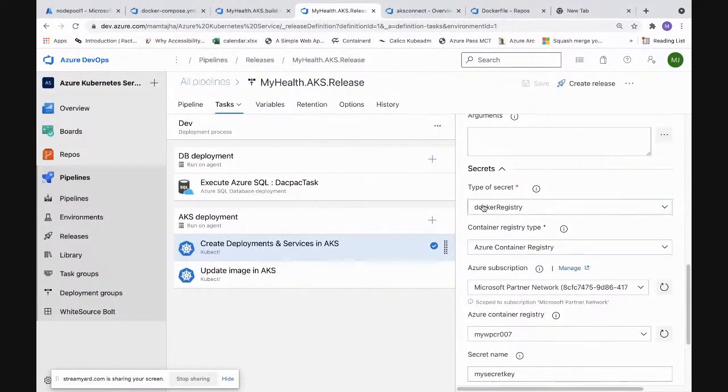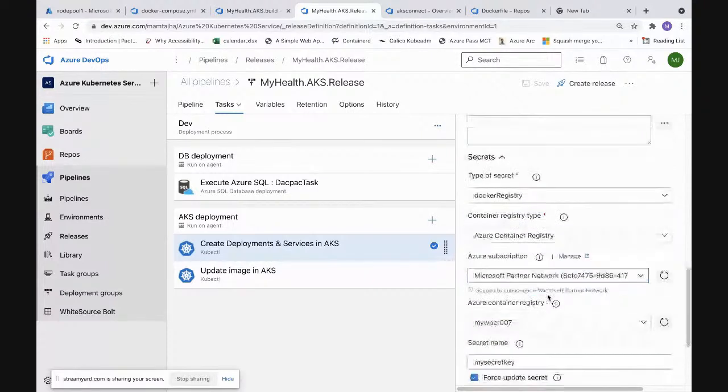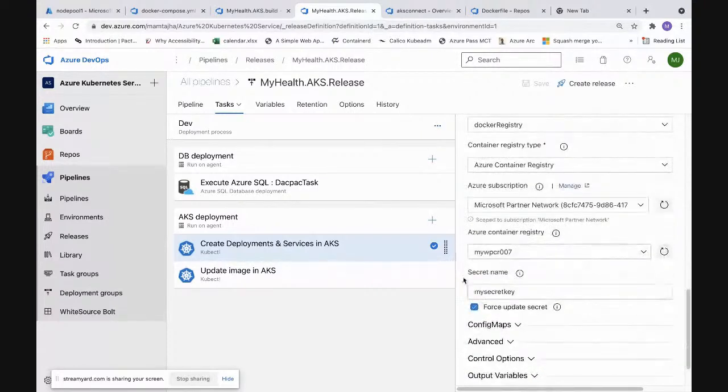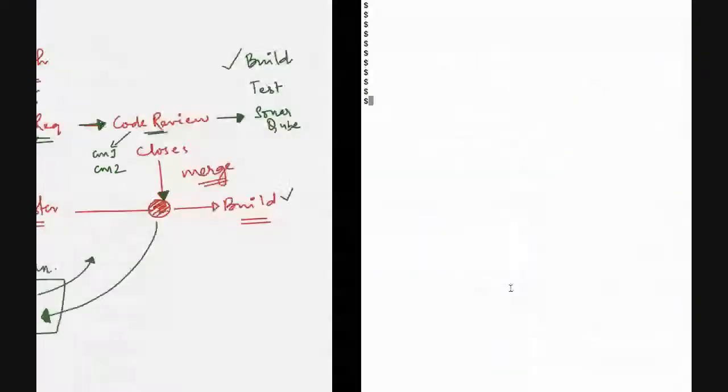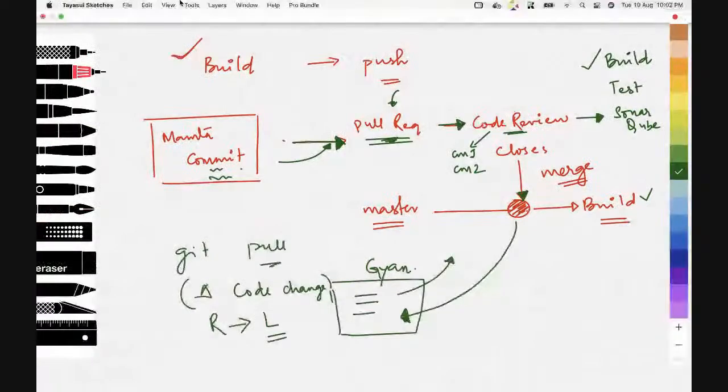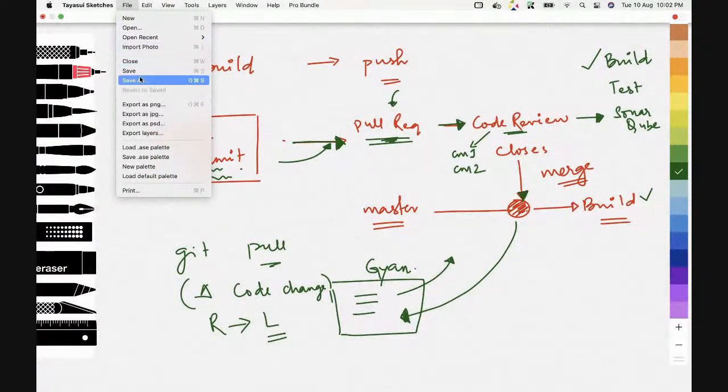So this container registry type would be Docker registry. I am picking up my container registry. I'm giving the subscription and I'm giving which container registry. And you can see here my secret key. This my secret key is the key with which your AKS will authenticate to your ACR. Now going back to the first picture which we had drawn.